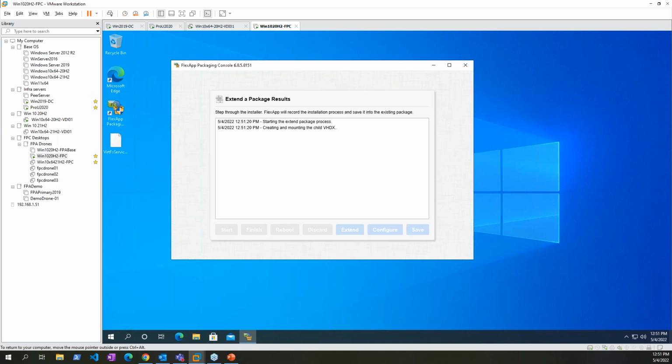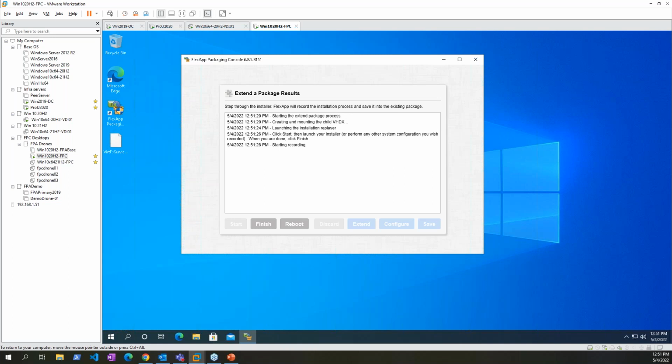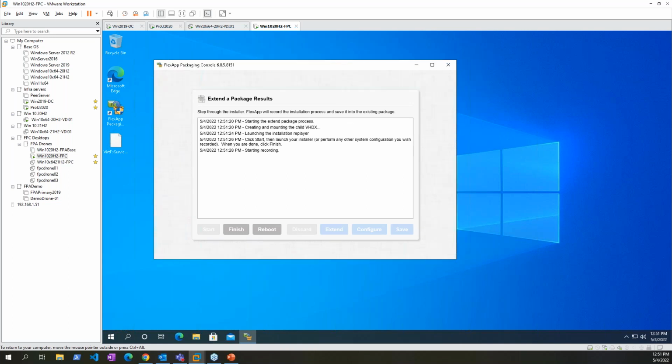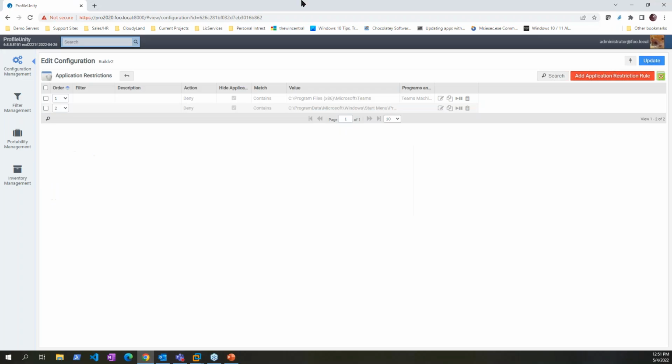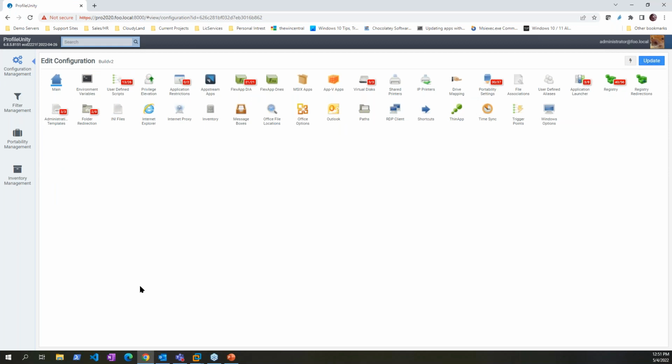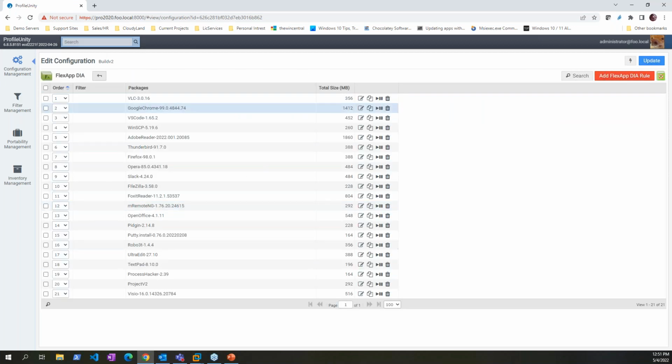So now that the application is going to be added back onto the sequencing workstation, I just hit start and I install whatever patches and things like that I need to. If, however, like most applications, it does an uninstallation of said software, then I would recommend you install it fresh. Then when it comes to the back end part of that conversation, then it's just a matter of going into